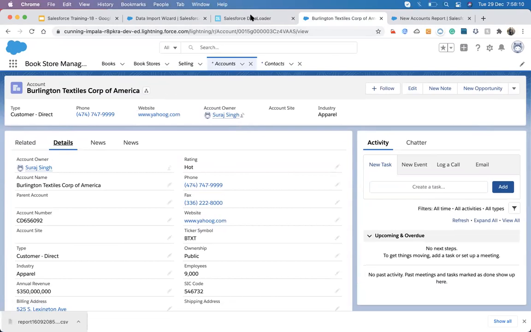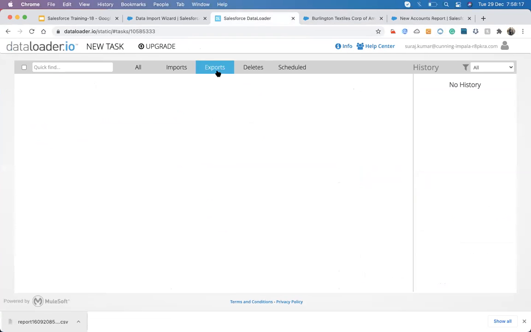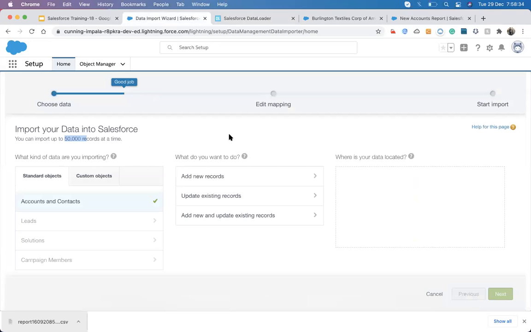So this is the way the data loader works. The data loader has so many functionalities. Once you take a look at it, you will find them. But right now we just want to know how we work with the data loader, and what the capability of a data loader is. What the data loader can do, what it's designed for. Usually whenever Salesforce got a limitation, they produced new tools, just like they designed the data import wizard, but it has a limitation that it will either update the records or create new records.